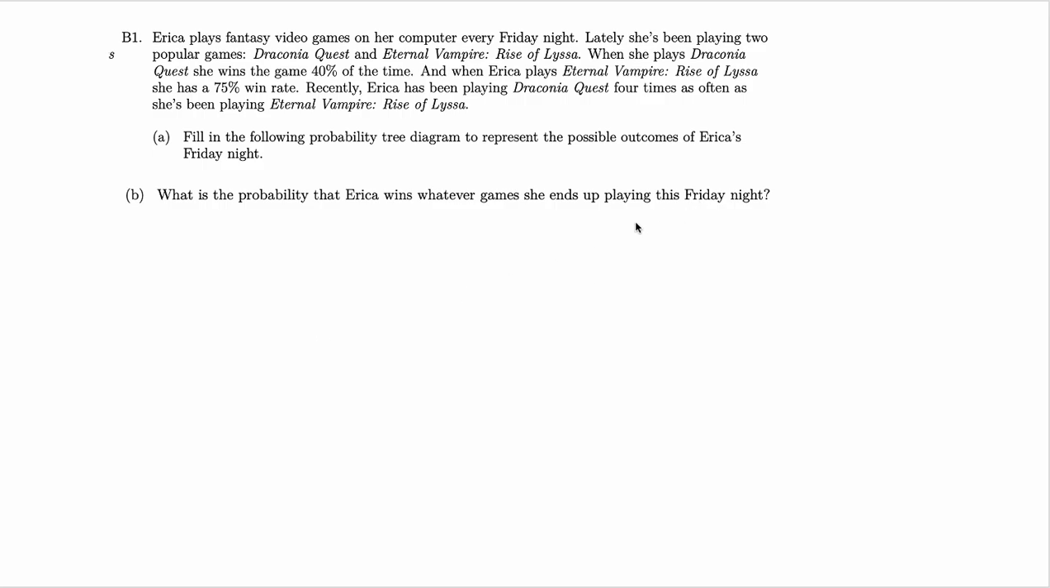And when Erica plays Eternal Vampire, she has a 70% chance win rate. Okay? So think about a tree. Erica can go and play Draconian Quest or Eternal Vampire. And obviously, she can win or lose both games, right? The information that is given to you is that when she plays Draconian Quest, she has a